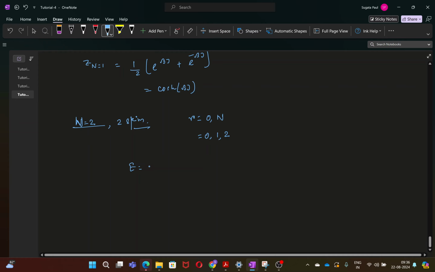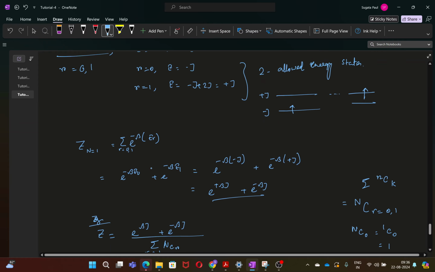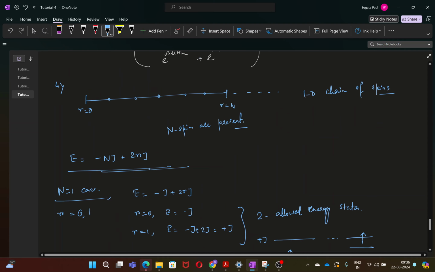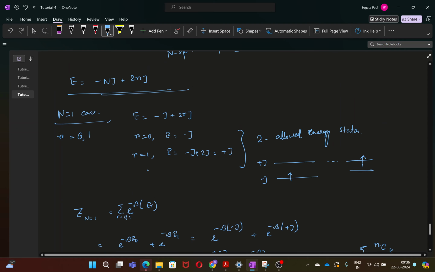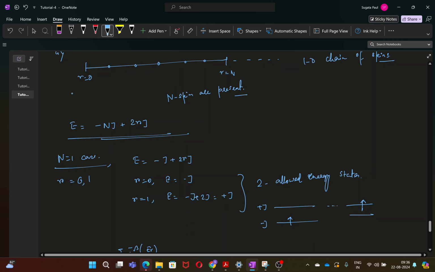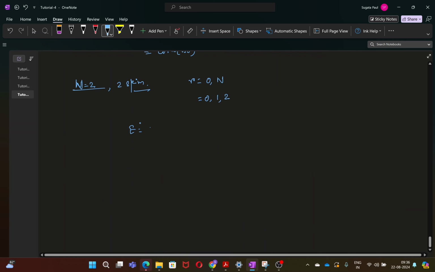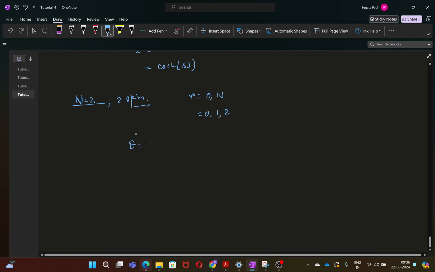We know the expression is minus NJ plus 2rJ, right? With N equal to 2, it is minus 2J plus 2rJ. So for r equal to 0,